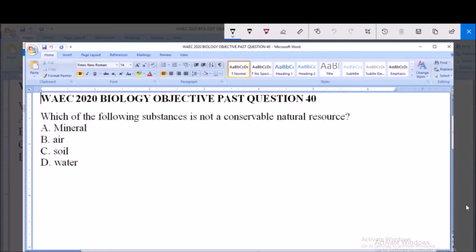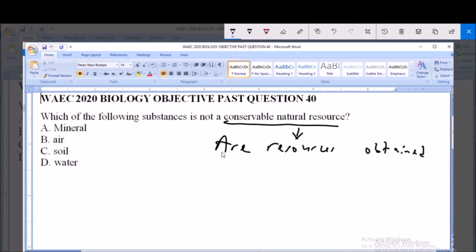Hello and welcome. I'm going to be answering WAEC 2020 Biology Objective Past Question 40. Which of the following substances is not a conservable natural resource? A. Mineral, B. Air, C. Soil, D. Water. So the concept here is conservable natural resource, and natural resources are basically resources obtained from the